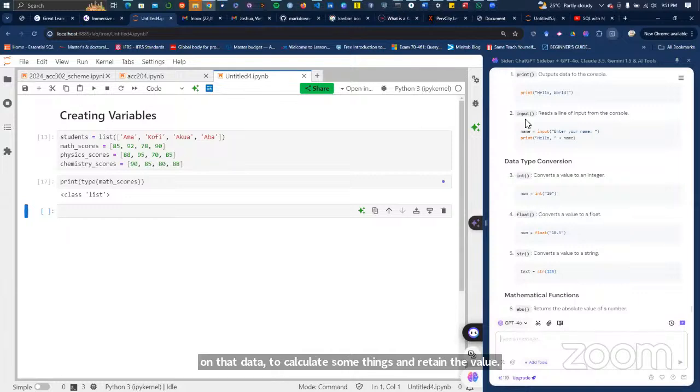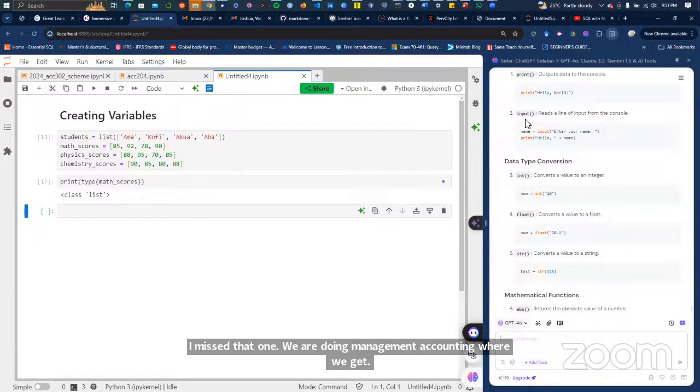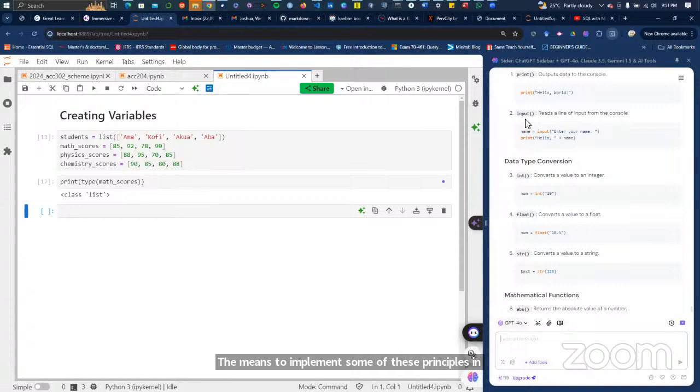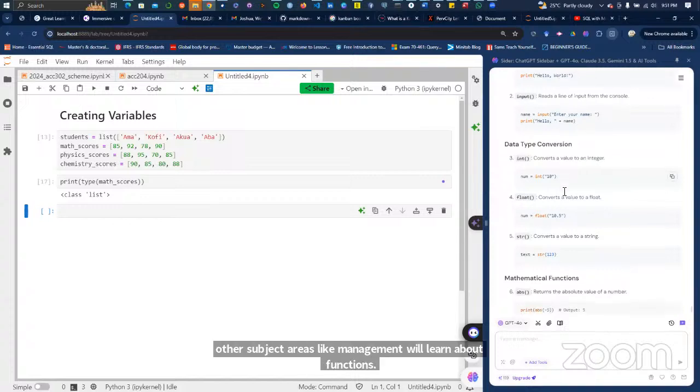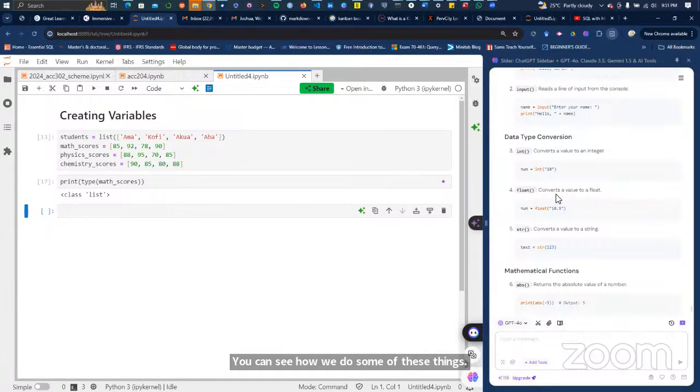Next semester, when we are doing management accounting, where we get the means to implement some of these principles in other subject areas, we will learn about functions. You can see how we do some of these things. So the input function, you can learn basically about it.